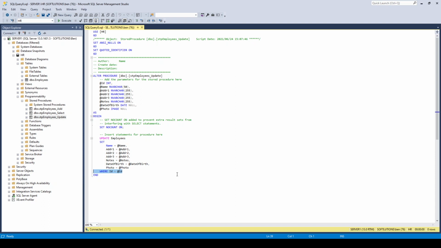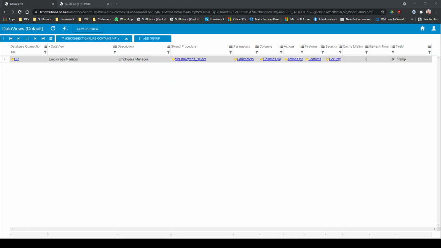Again, same as with the add action, this is a simple implementation. However, depending on your use case, you might be updating records in multiple tables across multiple databases. FrameworX is not concerned with the complexity of the stored proc, as long as the stored proc has the desired effect. We're going to switch back now to our administration tool, and we're going to go and build